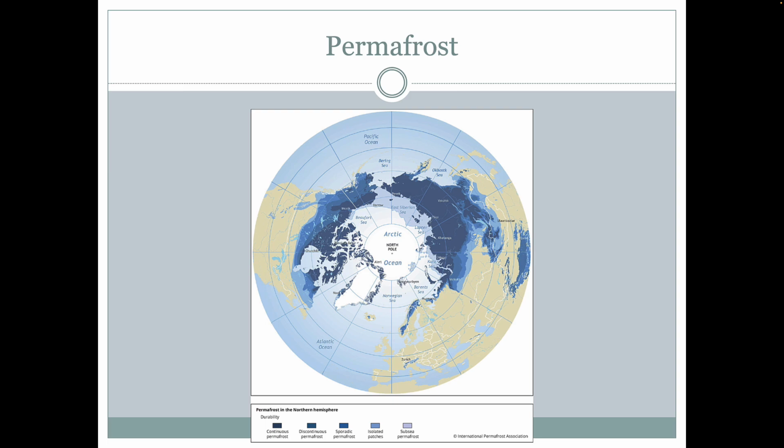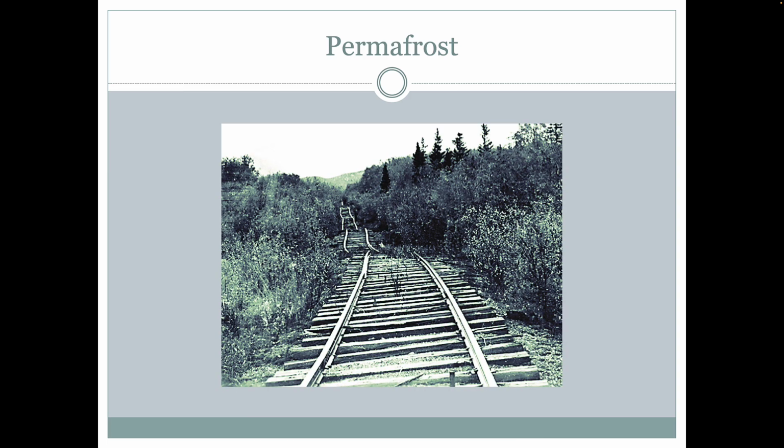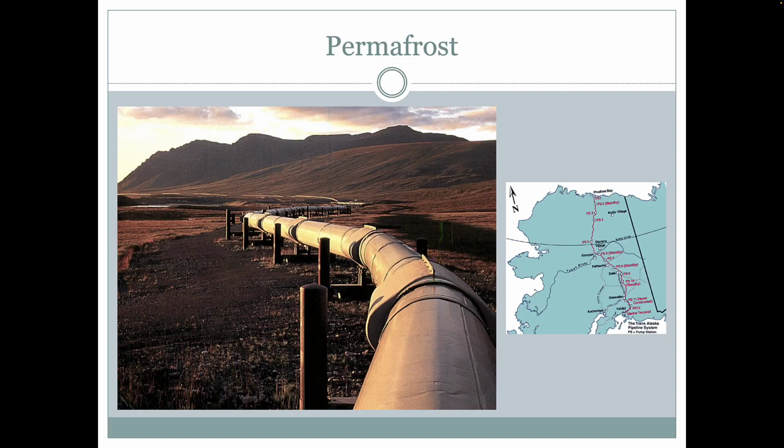And of course, areas that have permafrost have special considerations. For one thing, they're extremely difficult to build on because the ground is freezing and thawing every year. And this shows an example from Alaska, where we have this railroad track going through an area of discontinuous permafrost. And of course, that wouldn't be very good for a train to go across currently. But we do build across areas of permafrost. One stunning example is the